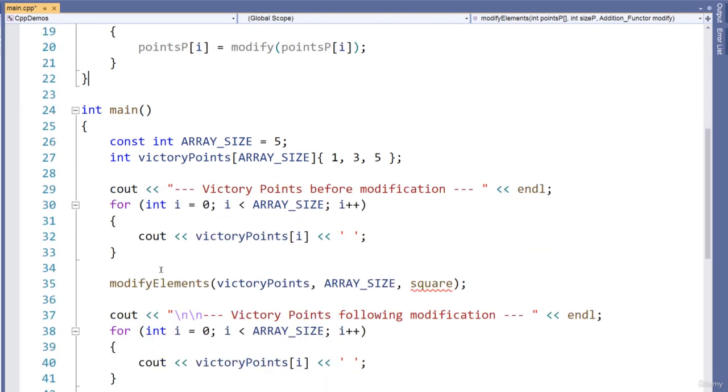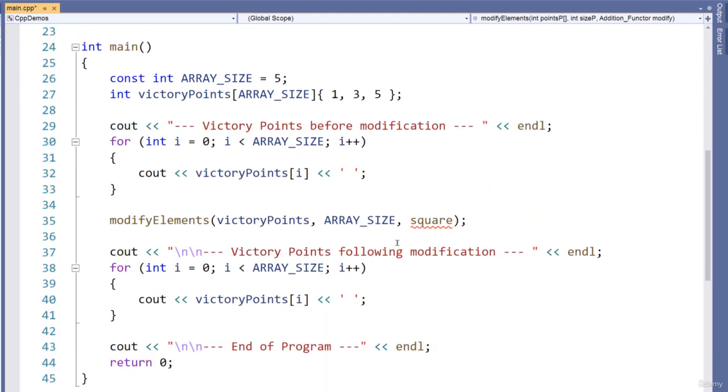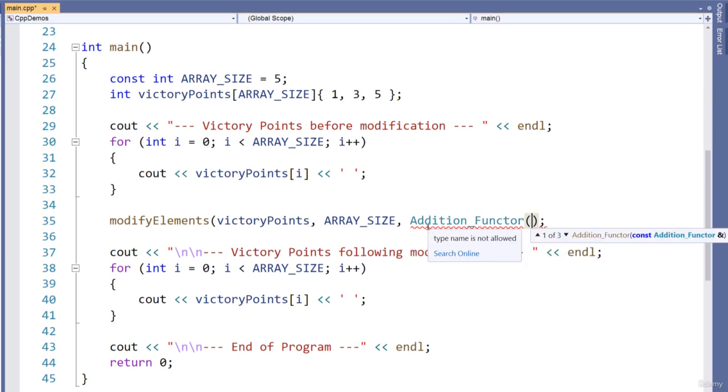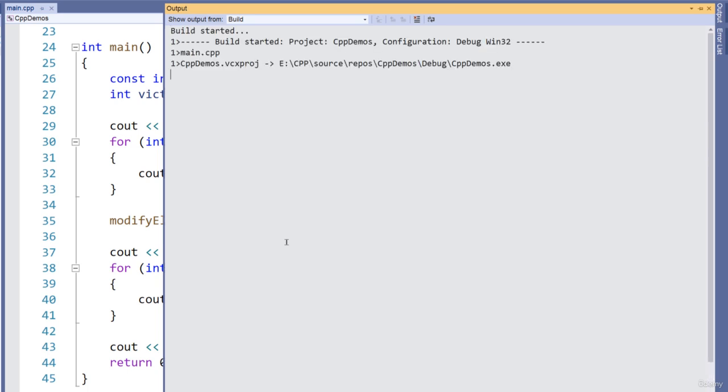And now in the main function, instead of passing in the square, we can say what do we want to add to each element within the array. For this example, we'll add 5. Okay, so we construct an addition functor, we pass in 5, and if I build and run that, you see what